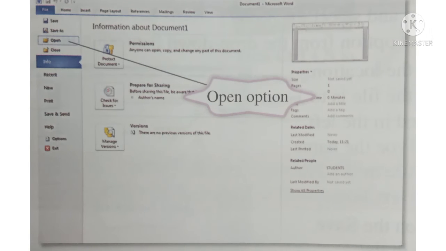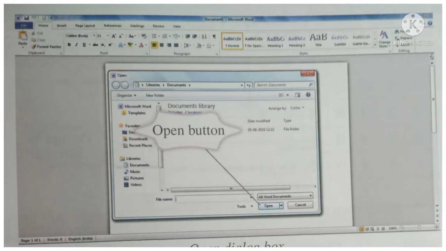How to open a saved document in MS Word 2010. Follow these steps to open a saved document. Number 1. To open a saved document, click on the Open option from the File tab. Number 2. Select the file name to be opened from the Open dialog box that appears, or you may type its name in the file name text box.